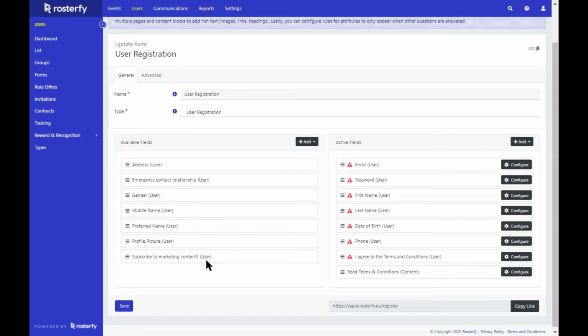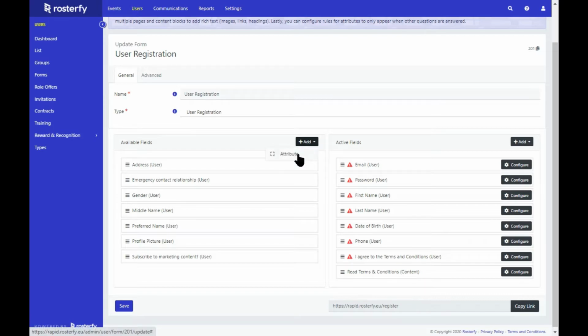However, on the left hand side there are additional fields that you can create. One of which that you can see there is the marketing. The marketing is a special one as that links into the communication that you send from the platform. However, if you need to have any additional fields, you can use the add button in order to create some more.